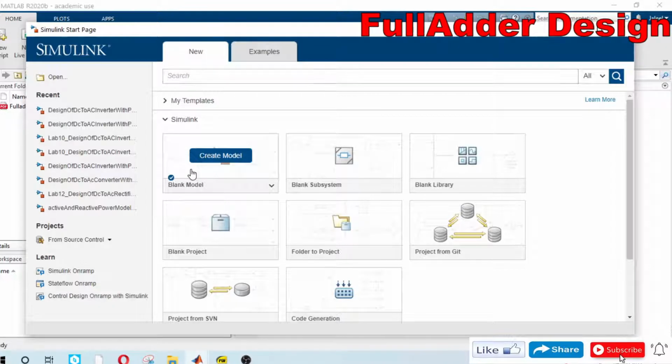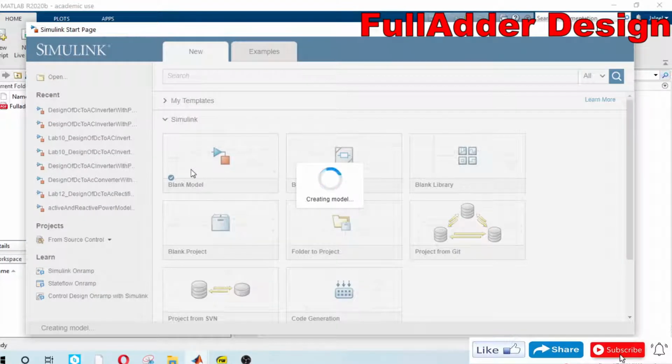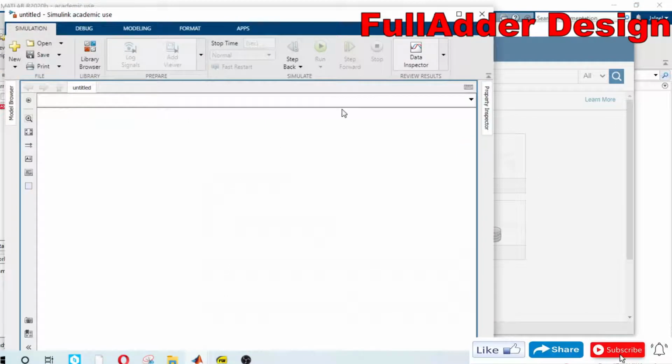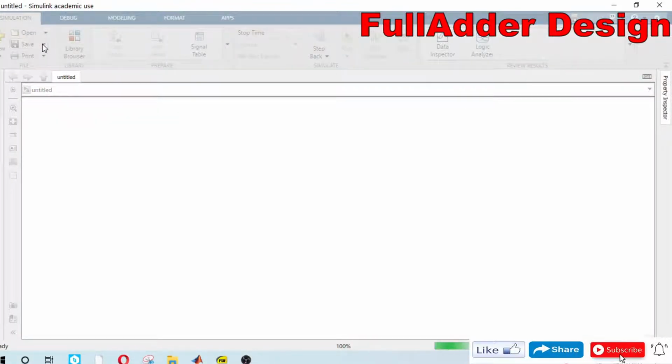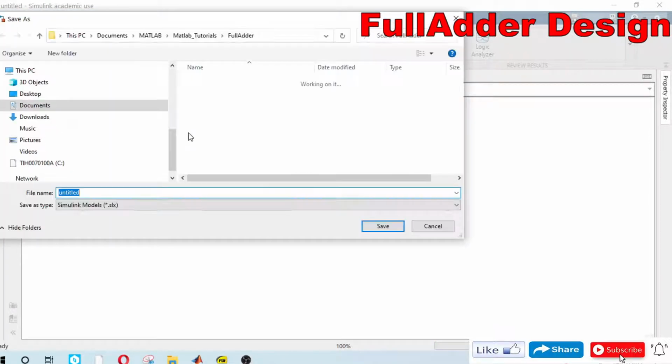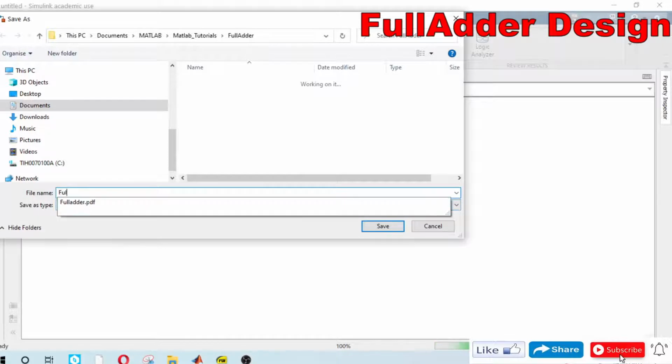Select a blank Simulink model, and after that, I am going to save this model first. Make it full adder.